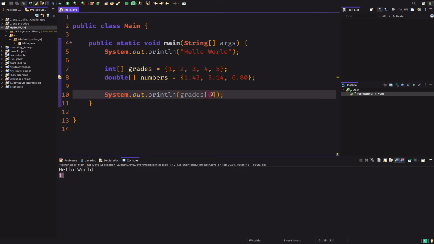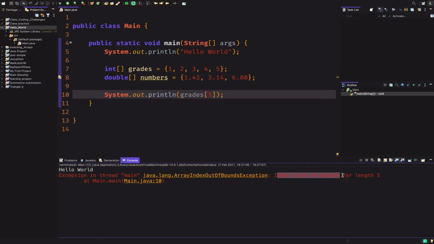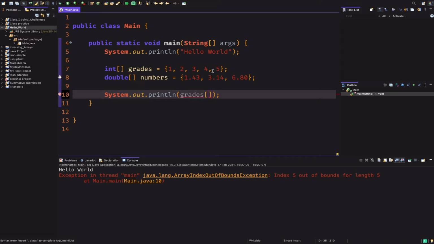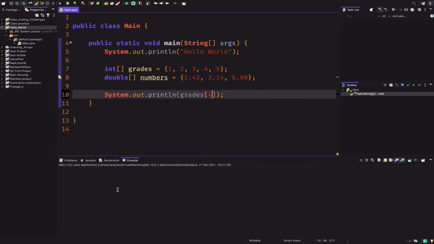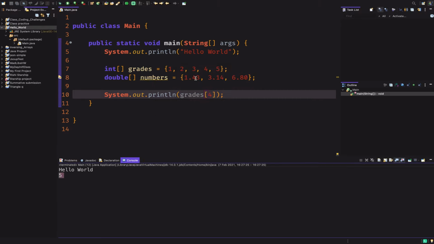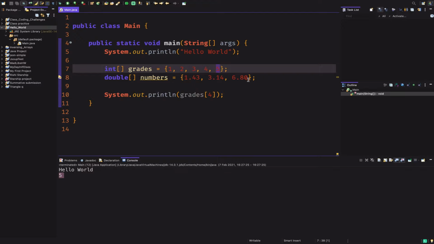Now what you have to remember is because Java counts 0 to 4, you cannot just type the fifth item. Let's say if I wanted to access the number 5, I would type in 5. That will actually give us an array out of bounds exception, which is an error telling us that we are trying to access something that is not in the array. So if I want to access the value 5, because Java counts from 0 to 4, I can count 0, 1, 2, 3, 4. And now when I type in 4 instead of 5, you can see it actually prints out the fourth item in the array, which is the number 5.